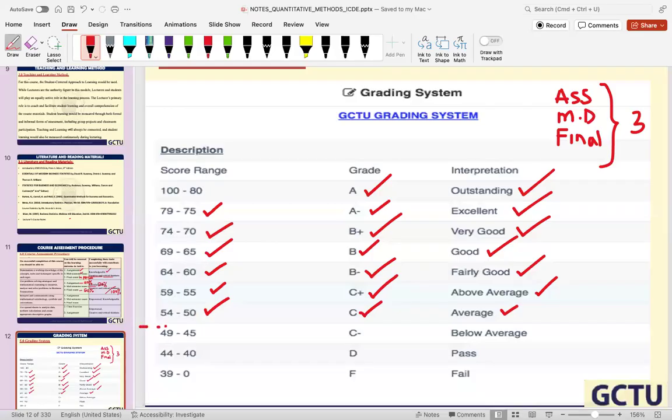Now, ideally, all the ones above are the recommended ones you have to study hard to attain. Your performance should not be below average. If you let your performance come below average, you are going to run into problems. So you have to take advantage of the assessment structure so that you make sure all assignments mounted, you do